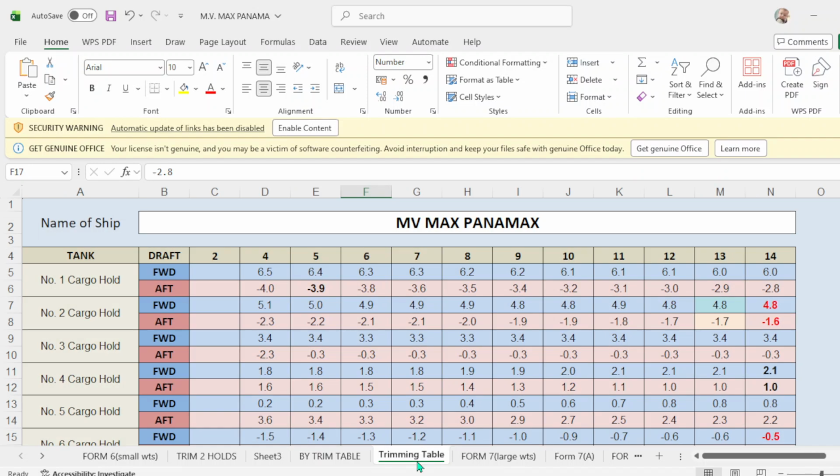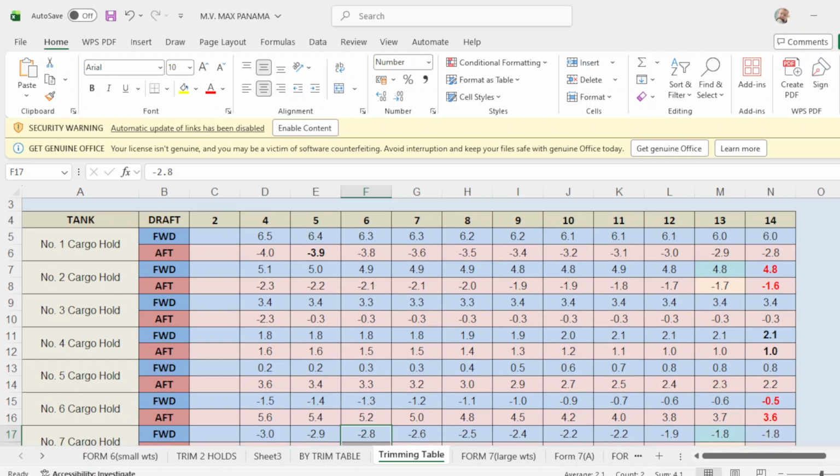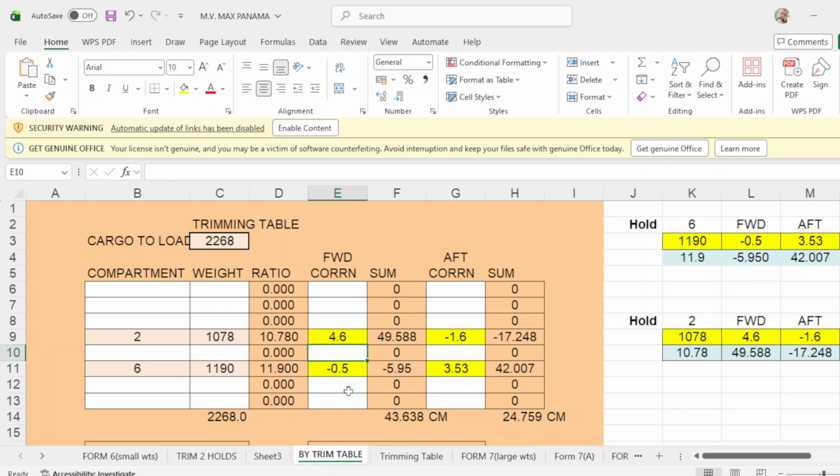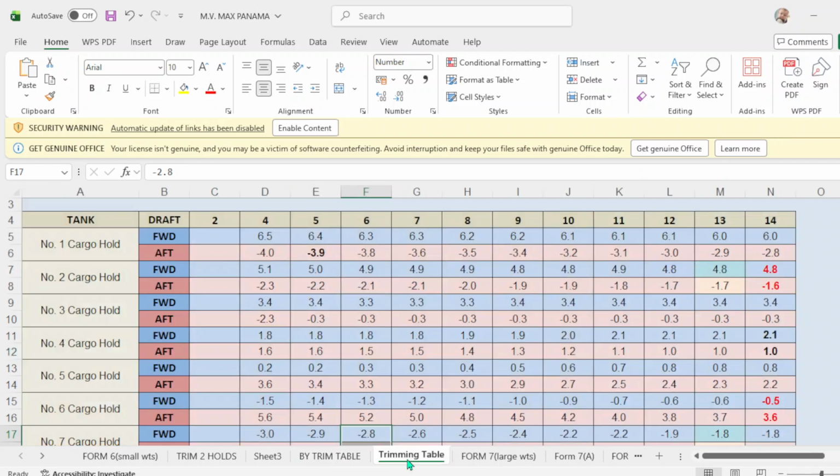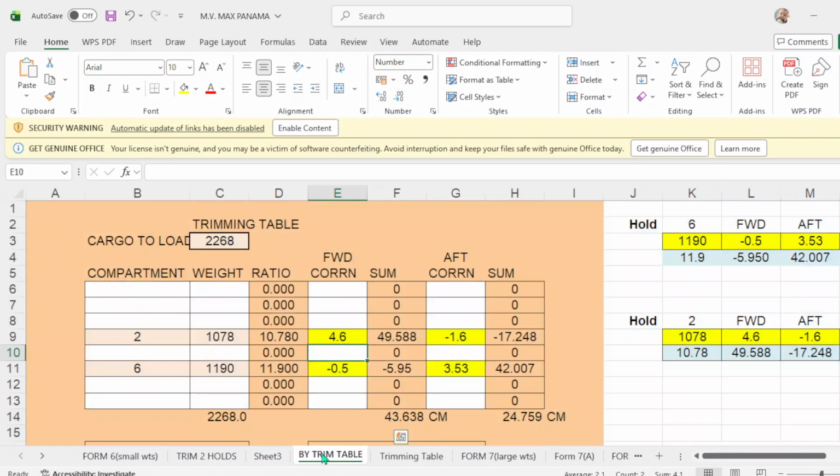Okay, pull it down. Number 6, this one, forward correction is negative 0.5. Okay, negative 0.5. And up correction is how much? Up correction is 3.6, positive.